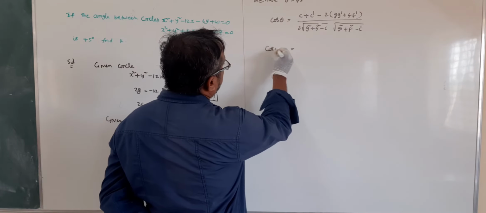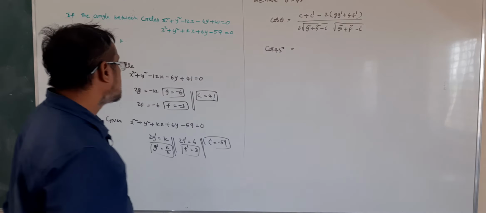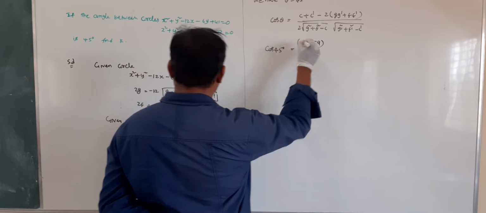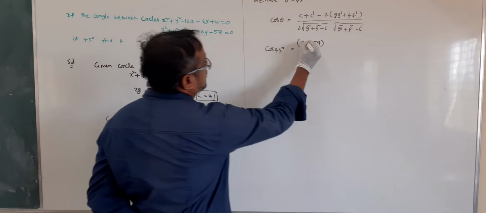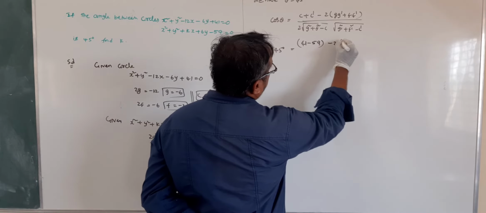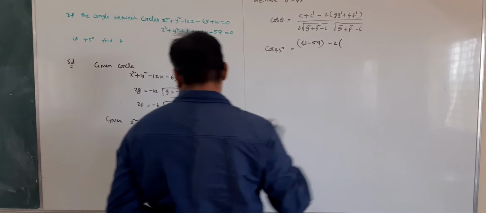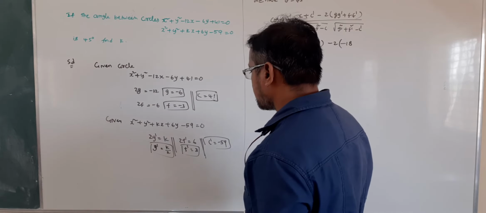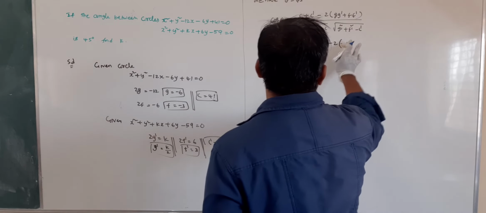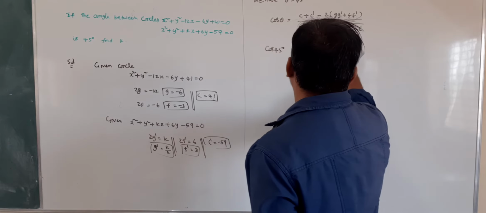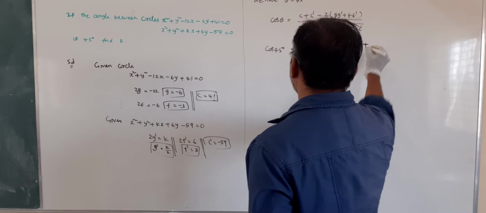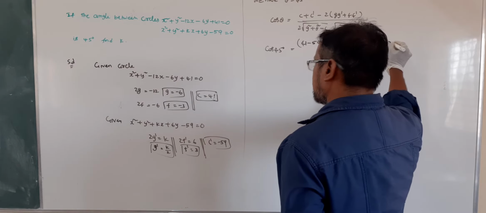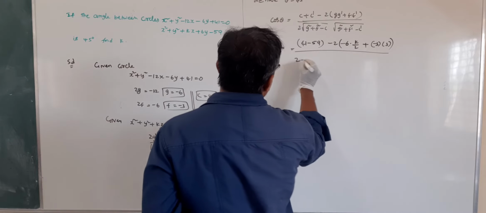So cos 45 degrees is equal to c plus c dash, 41 minus 59, minus 2 into g g dash. g is minus 6 into k by 2 plus f f dash, minus 3 into 3, by 2 root over